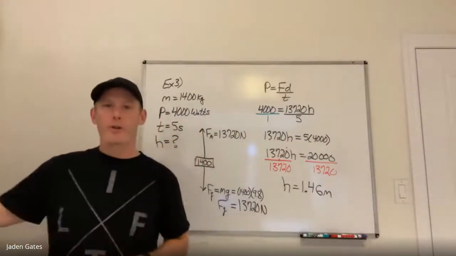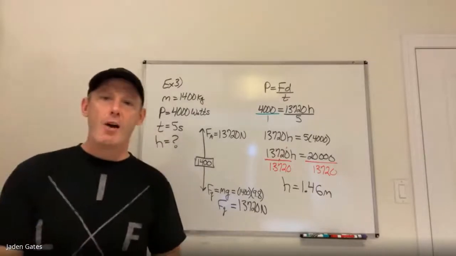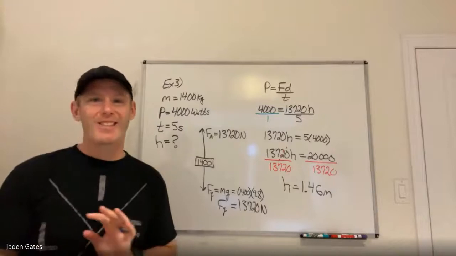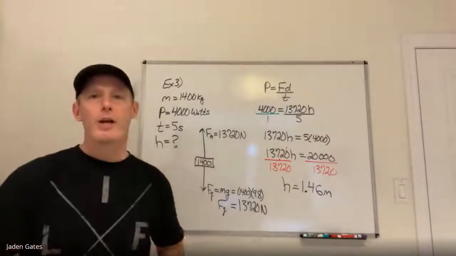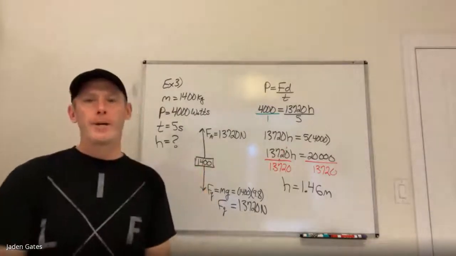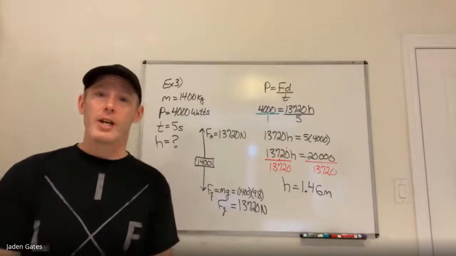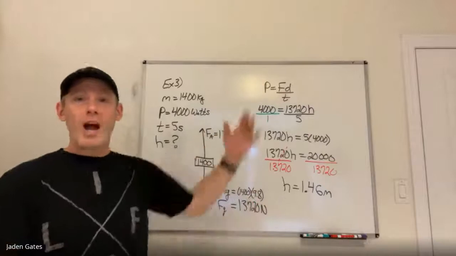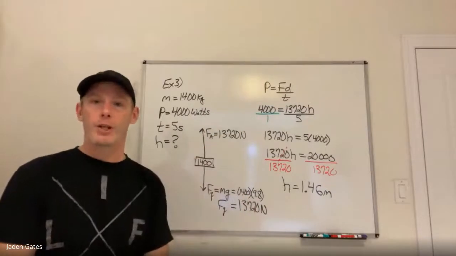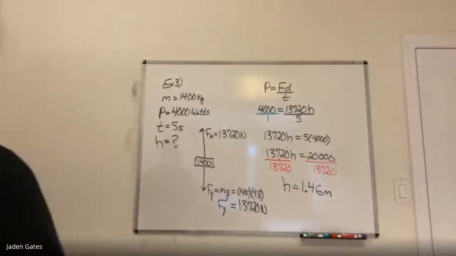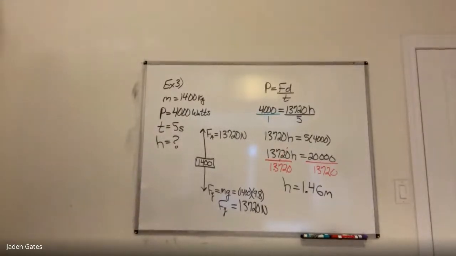So there's power. Again, it is looking at how fast you can work or how fast you can transform energy. It's the same thing, because when you're working, you're putting energy towards something, you're increasing its energy. In this case, we are increasing the gravitational potential energy of the object. And so that is what we're looking at. All right. So later on, shortly here, I guess, we are going to begin